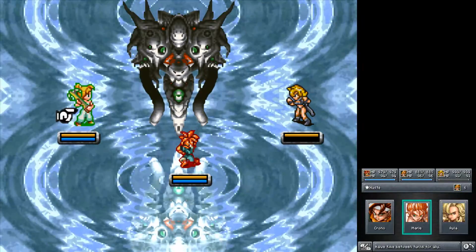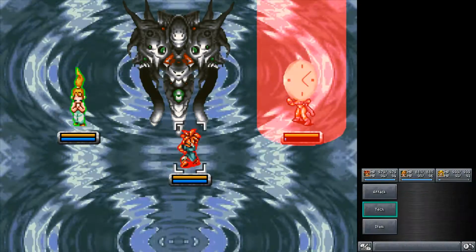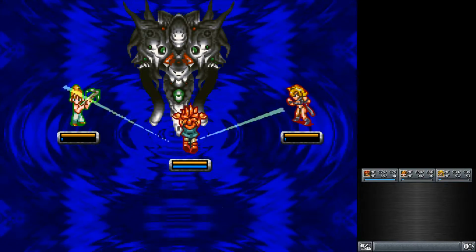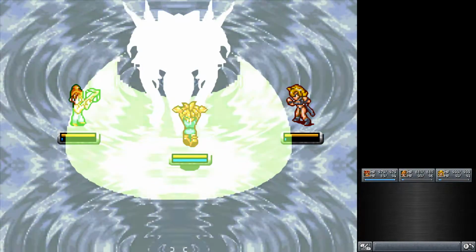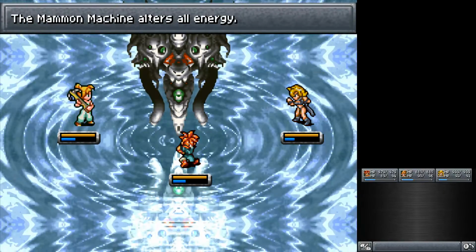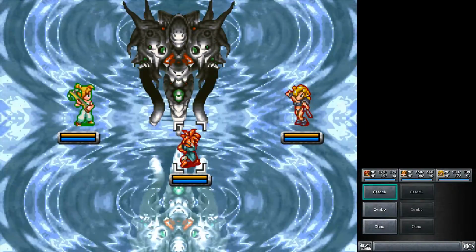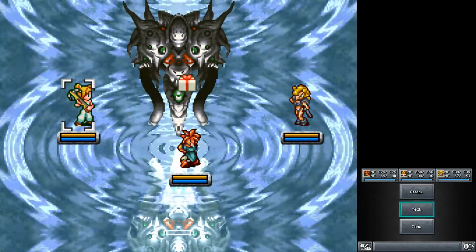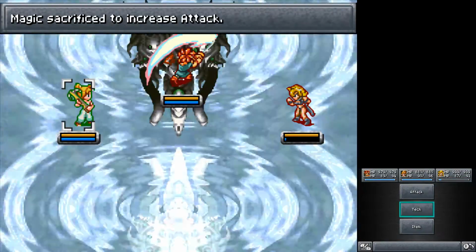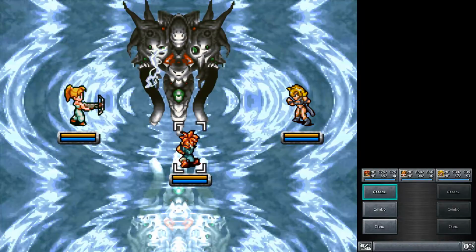Now, I'm kind of assuming that this guy doesn't do anything unusual. Last time we fought him, he didn't really do anything. I should probably steal his, I think he's got another couple Mega Elixirs for us. Maybe we can see him actually do something? I think he counters, or his stats change based on what attack you do. So if you do magic attack, magic sacrifice. So yeah, physical attacks give him more defense, which is...